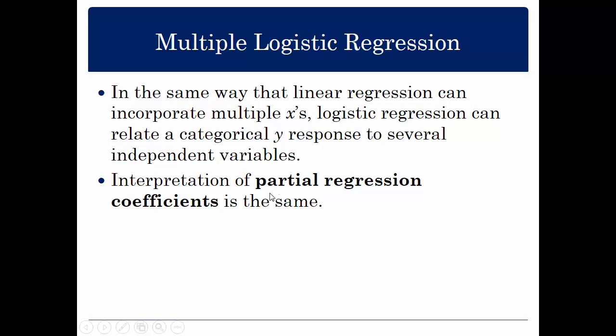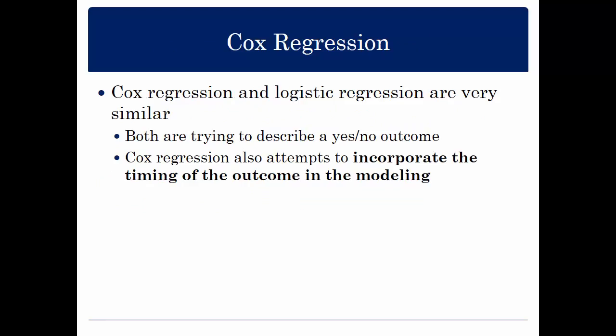If we wanted to interpret the regression coefficients, we would have to say this is the impact on the odds if we hold all other covariates constant. And then for Cox regression,